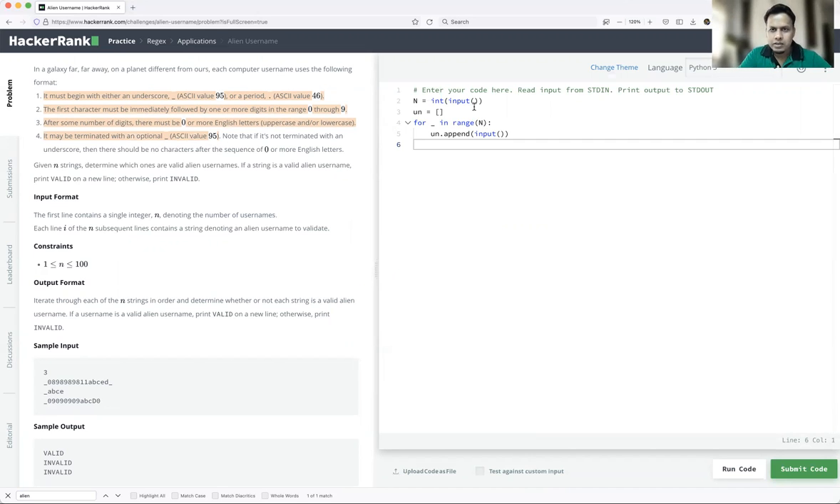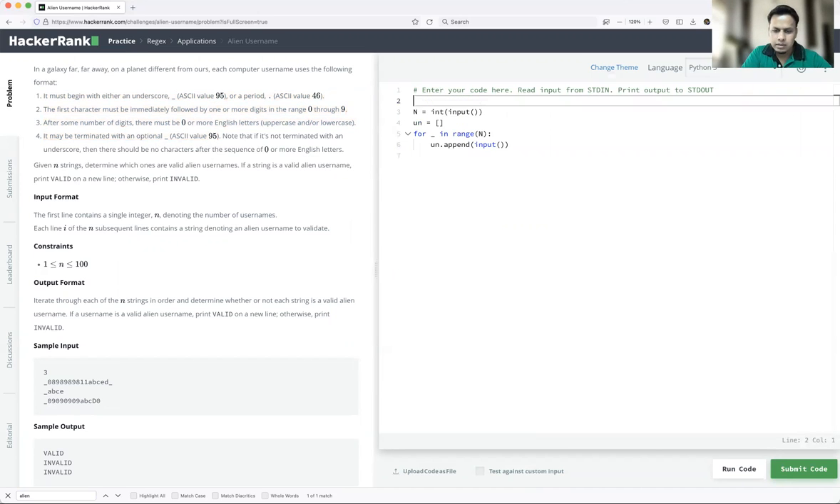Since we are going to write a regular expression pattern, I'm going to import re. After re, let's write the pattern. We have to iterate over each username, right? So for user in username,